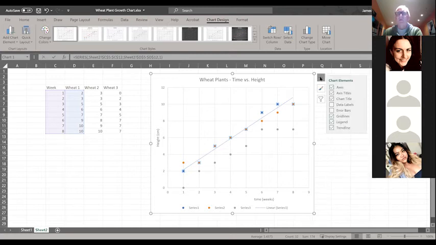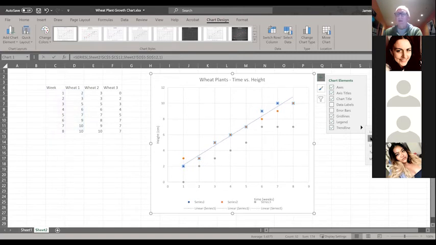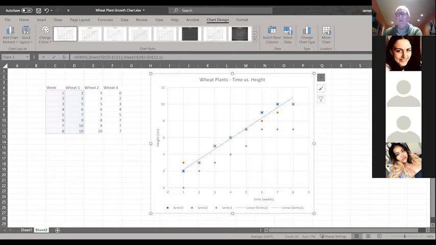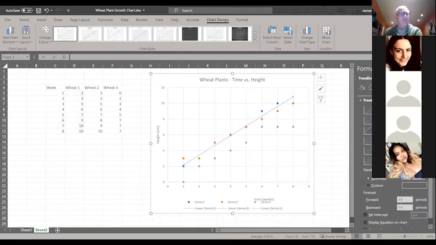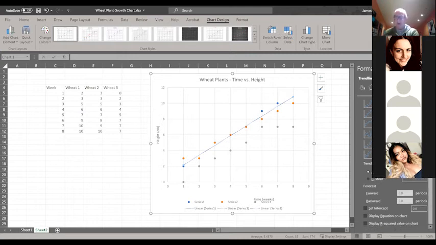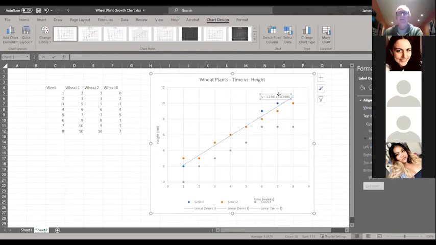Oh, wait a minute. Linear. And then what are my options for that? So my options are, do I want an exponential, linear, logarithmic? I want linear, and I scroll down. I want to display the equation because I want to see, well, what is the relationship? So I just click on that, and you can see that this shows up. So this is my relationship